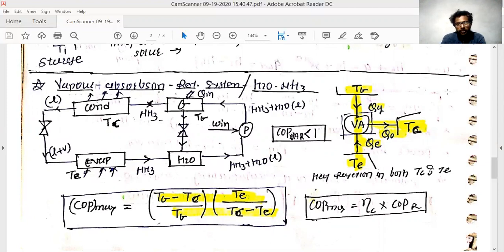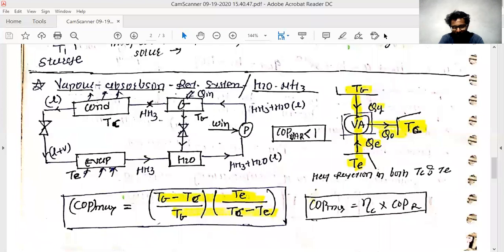So in this manner, you can remember the single formula that we used to ask in the GATE examination, which is nothing but the coefficient of performance of the cycle at maximum condition, which can be denoted by (TG minus TC) divided by TG, multiplied by TE divided by (TC minus TE). And if you want to remember this formula,